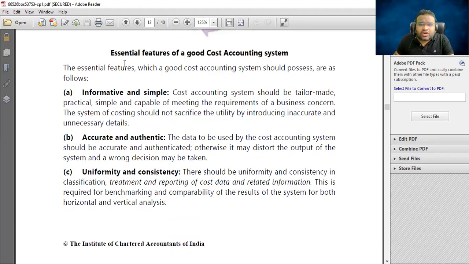So, sir, any cost accounting system should have some features: informative and simple. The cost accounting system should be tailor-made, practical, simple, and able to meet the requirements of that business concern. For example, if it is very complicated, employees may not use it. We see many organizations purchase accounting software, but they do not want to use it because